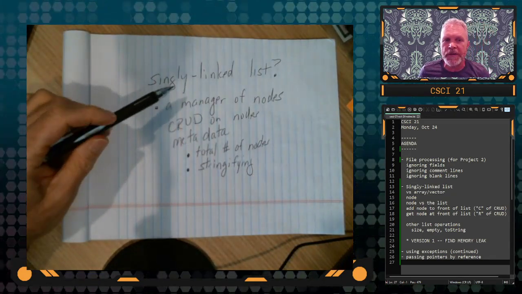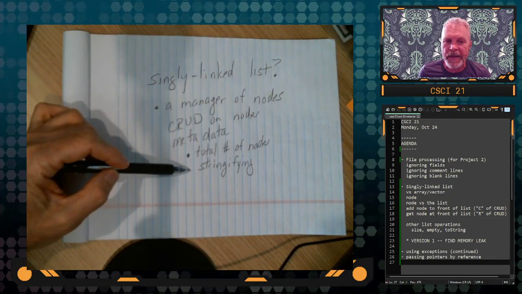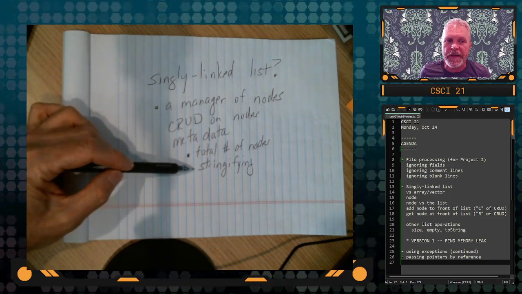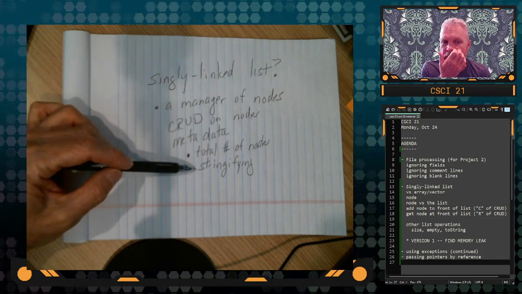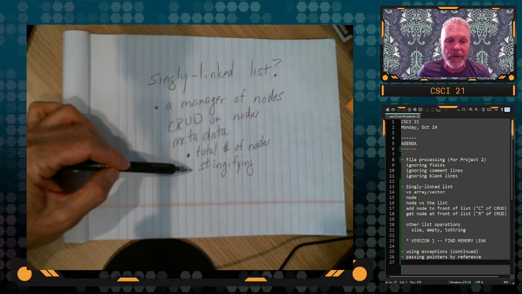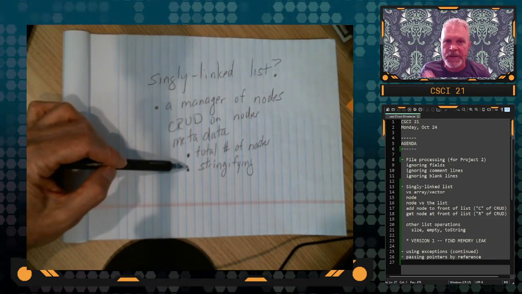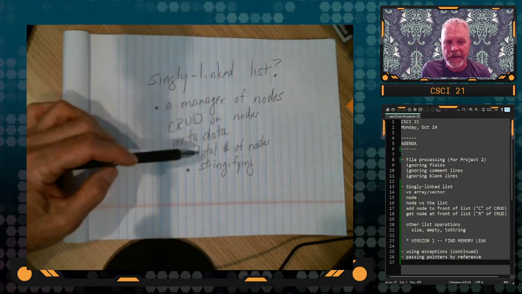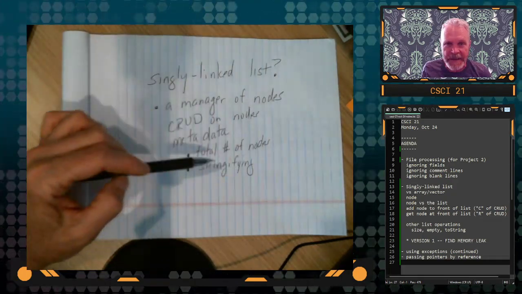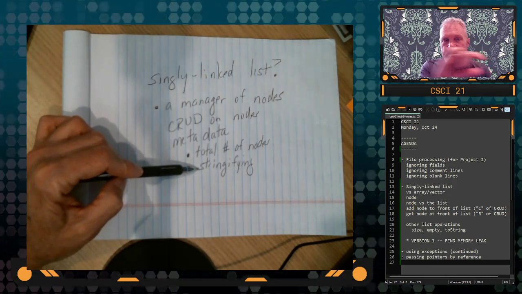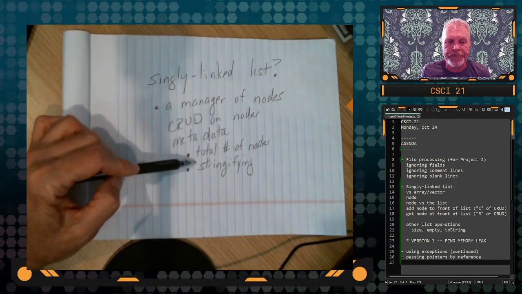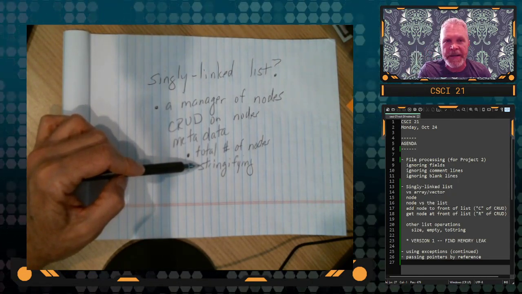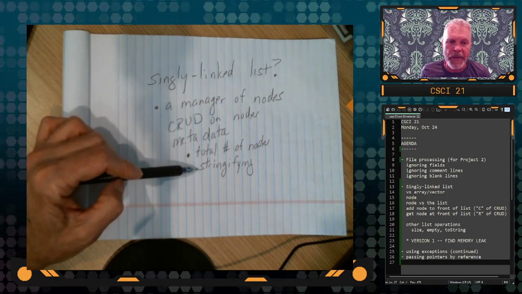We can use the singly linked list to stringify our nodes. In other words, to give us a nice, pretty string containing all of the data from the nodes. The nodes themselves can only print their own single piece of data, but the singly linked list as a manager set of code can actually cycle through all of the nodes and build up a string with the contents of all of them. So that's another kind of